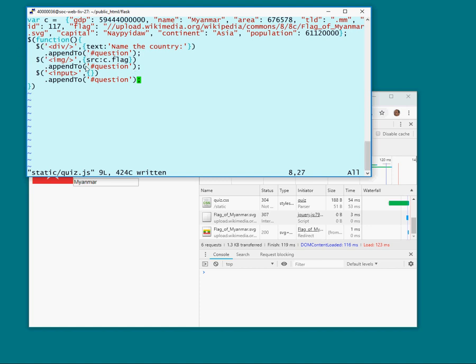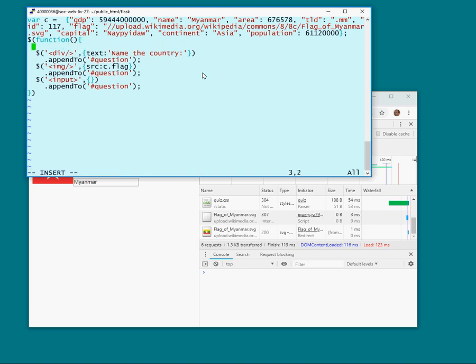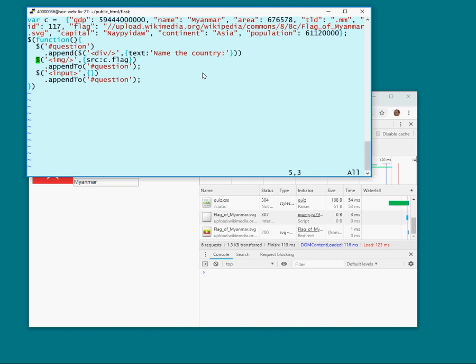Can you see I've got append to question, question, question. I'm going to turn that around. What I'm going to do is start off with $question, and then I'm going to chain together a whole bunch of appends. So this will be dot append, and don't need that, and this will be dot append, and don't need that, and again dot append,